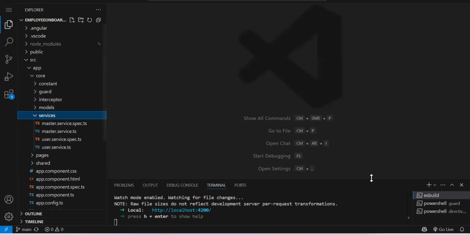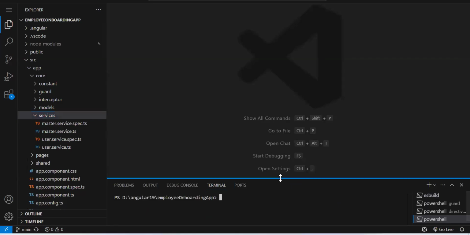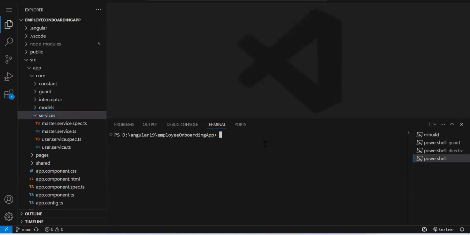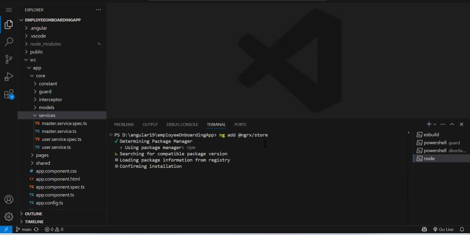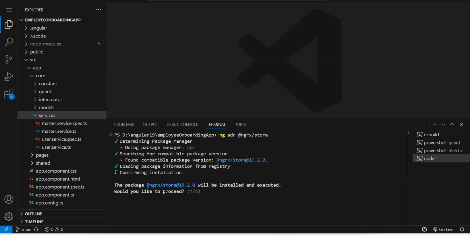Okay. Now, first we have to install the package. So ng add the package name in @ngrx/store. Enter. So it is saying the current version it has found is 19.2.0.